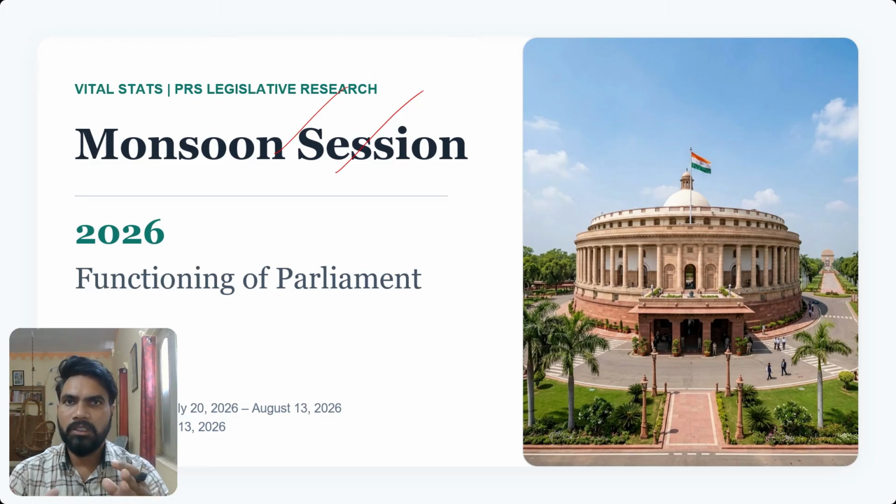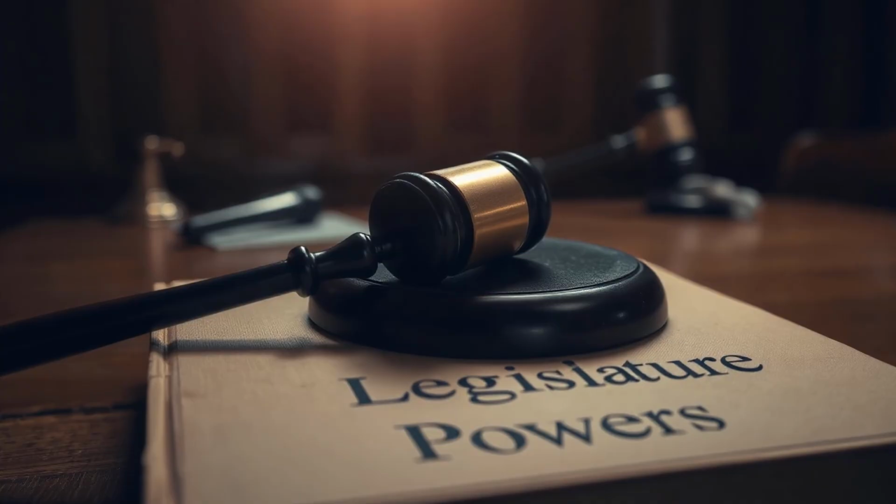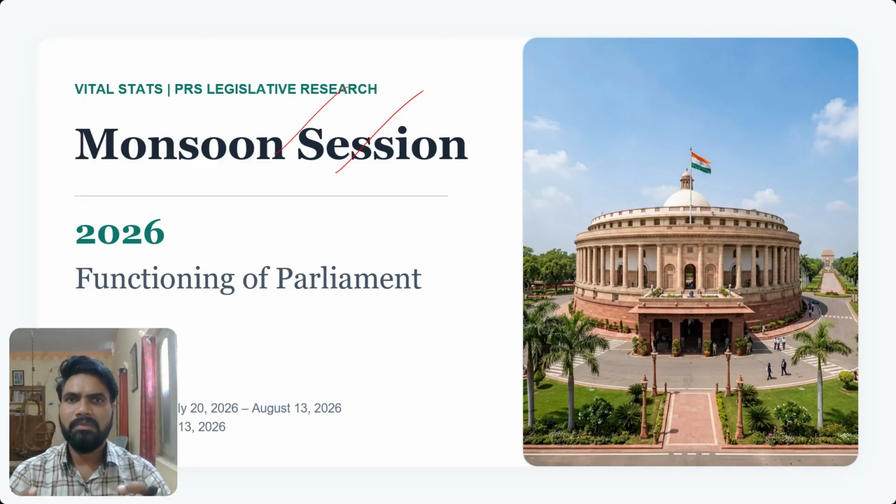You see, the functioning of the executive, legislature and judiciary is very important. Unfortunately, the executive is okay, it is active at least. The judiciary also sometimes shows its activeness, which we call judicial activism. But unfortunately the legislature is losing its signature, losing its position. We have never heard in the past two to three decades that the legislature has also shown its activism,